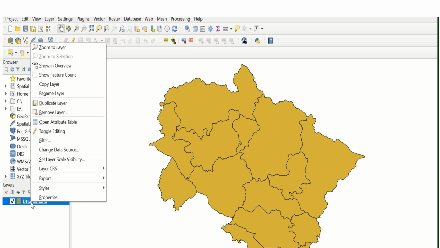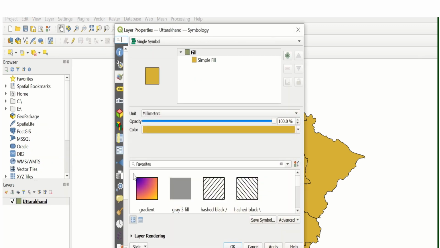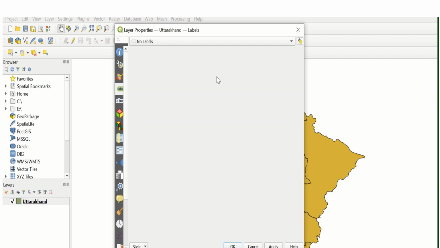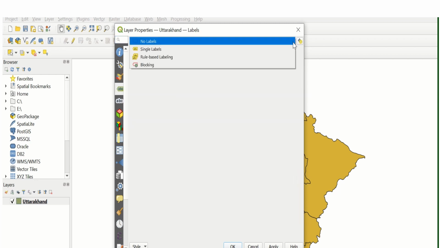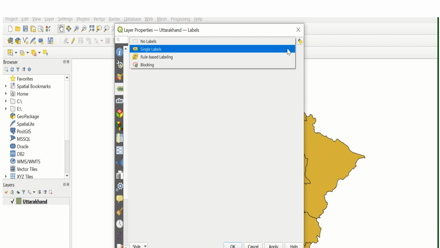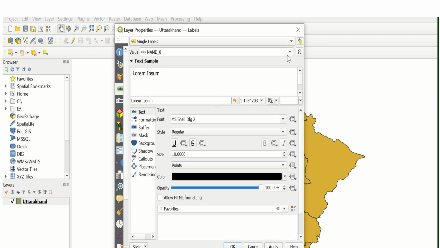Then right click on this layer named Uttarakhand, then click on properties. Then we have to go to labeling. So click on this and select single labels. We have to display the district wise corona cases.